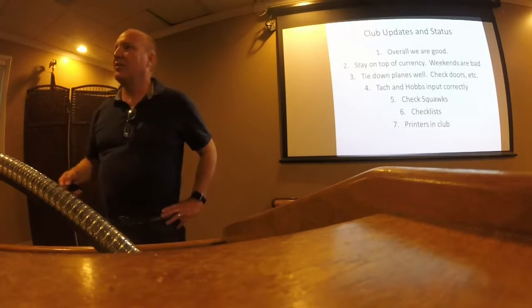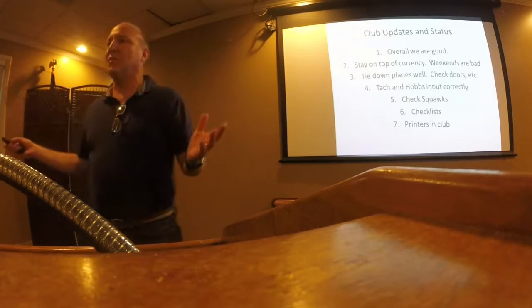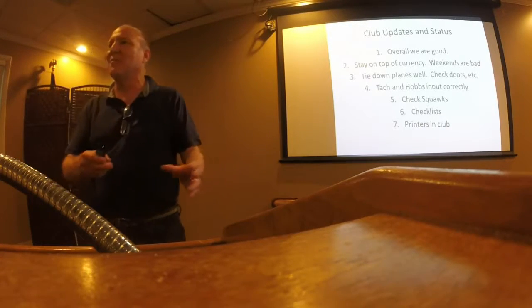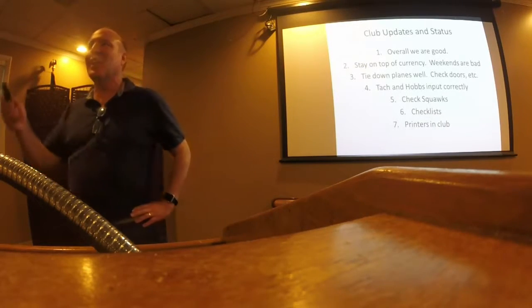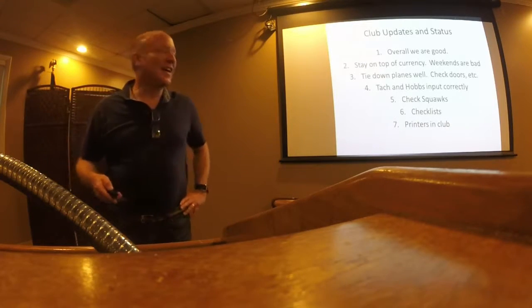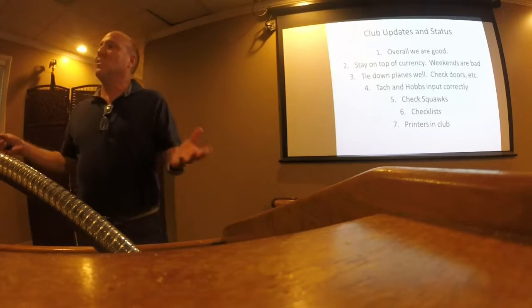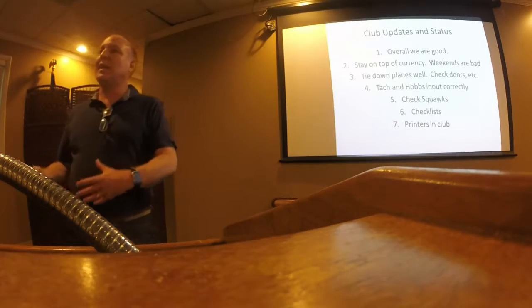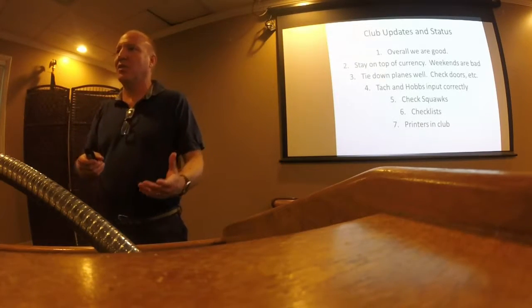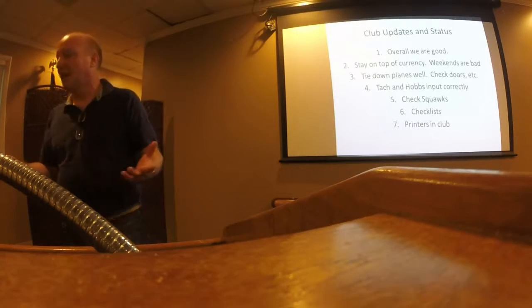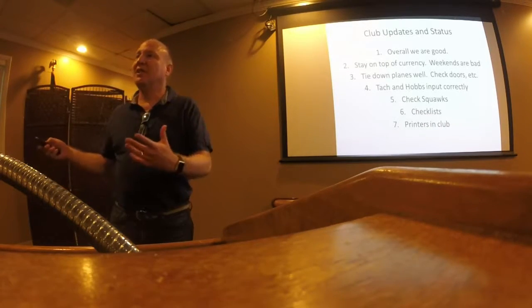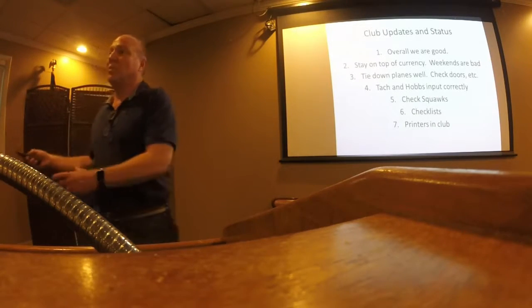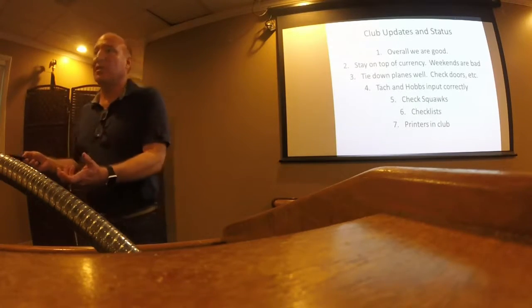Checklists. The checklists disappear from the planes. There's a dwarf or a troll that comes in and takes them from the airplanes. Gremlin, that's a good word. I personally think you should have your own checklist for the plane. I do. I still have my checklist from when I was learning, with my notes and stuff. I think it's a good idea. Plus, it helps you in case you get to the plane and there is no checklist. What are you going to do? Pull out the POH and start looking through it?